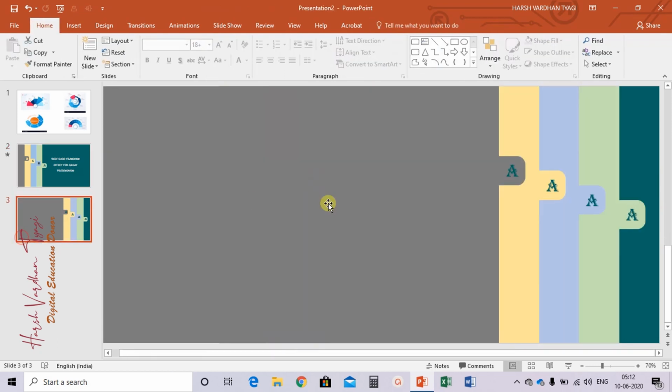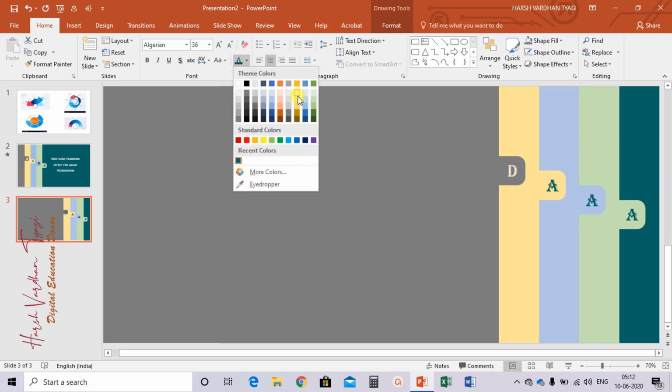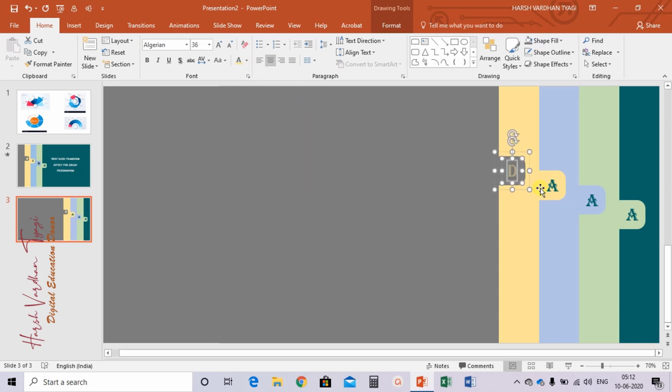Now select this, change the letter to D, and also change the text color.